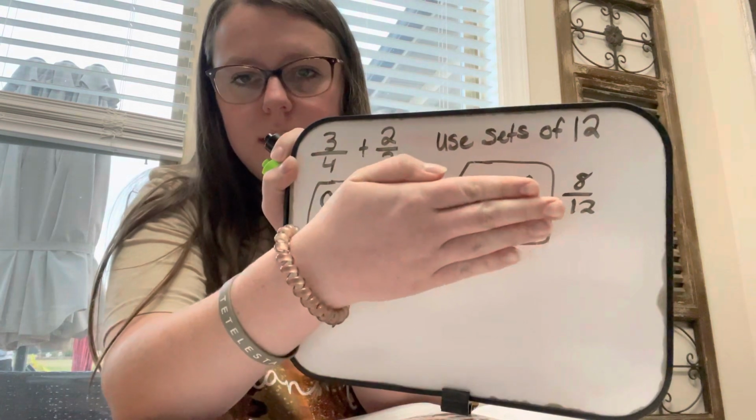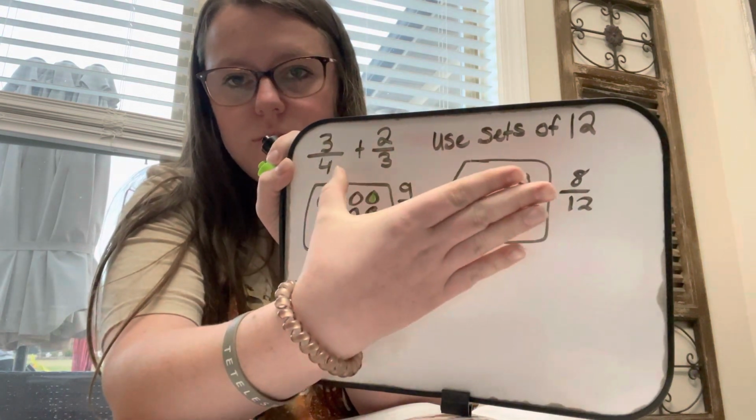Okay, so I'm gonna talk about adding fractions and just a little easier way to do it other than the standard algorithm. So I have 3/4 plus 2/3, so don't pay attention to that. 3/4 plus 2/3 up here. And I look at it and I can represent the 3/4 and 2/3 by using sets